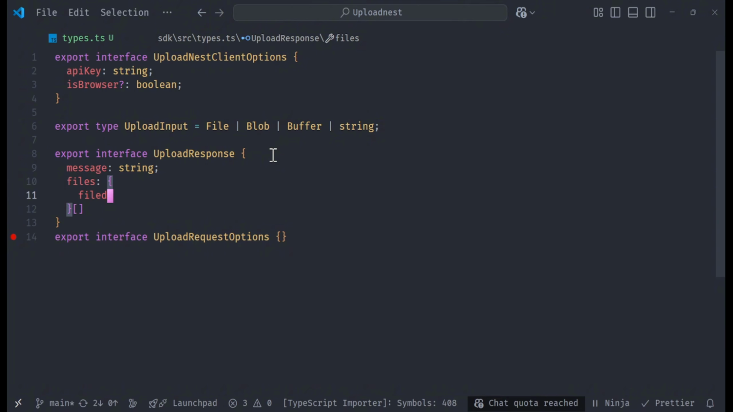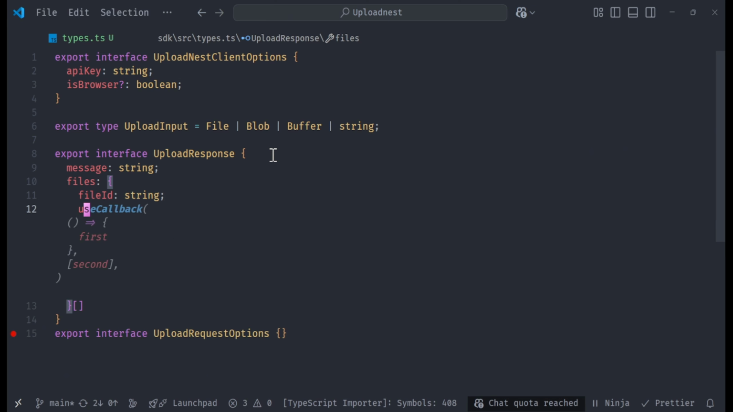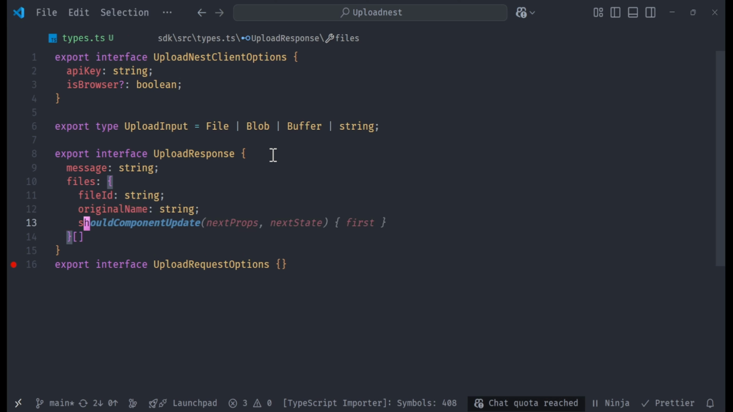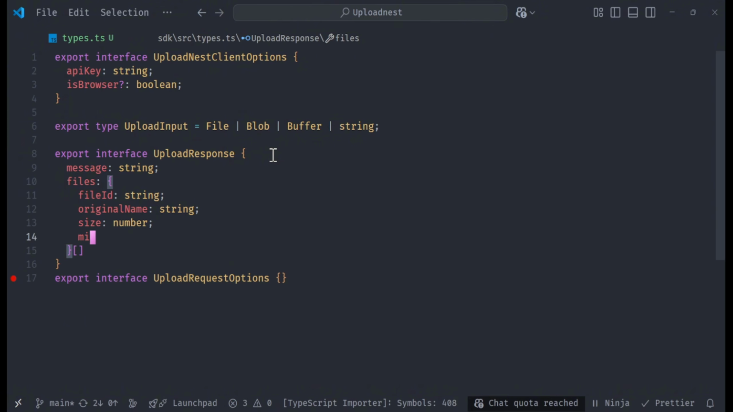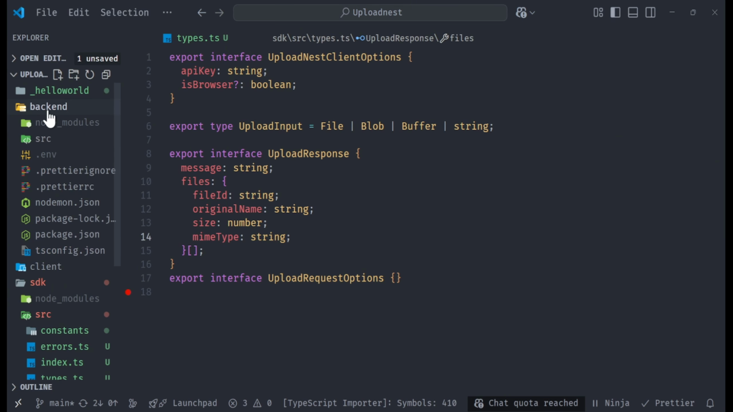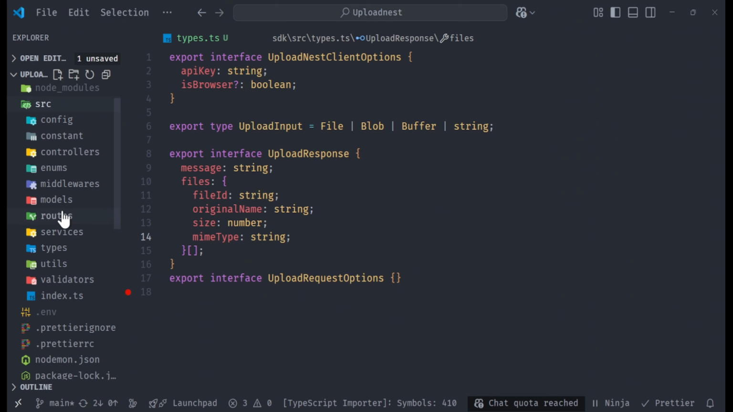I just say file ID, string, and then I'll say URL. I don't think we are defining any URL. Just say original name, string, then size, number, and then the mime type is going to be string. So this response is gotten from the backend SRC, and if we go over to